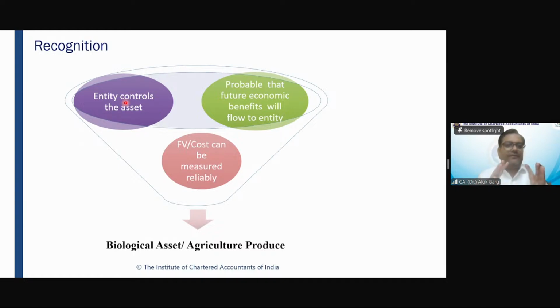So if you go to a veterinary valuer, like there is a veterinary market also, there is an animal market also where the expert will tell you the breed of the dog and they will tell you the fair value of the dog, right? But the question is, if you are getting the future economic benefit, and the fair value of the dog can be measured reliably, can you recognize that dog on your balance sheet?